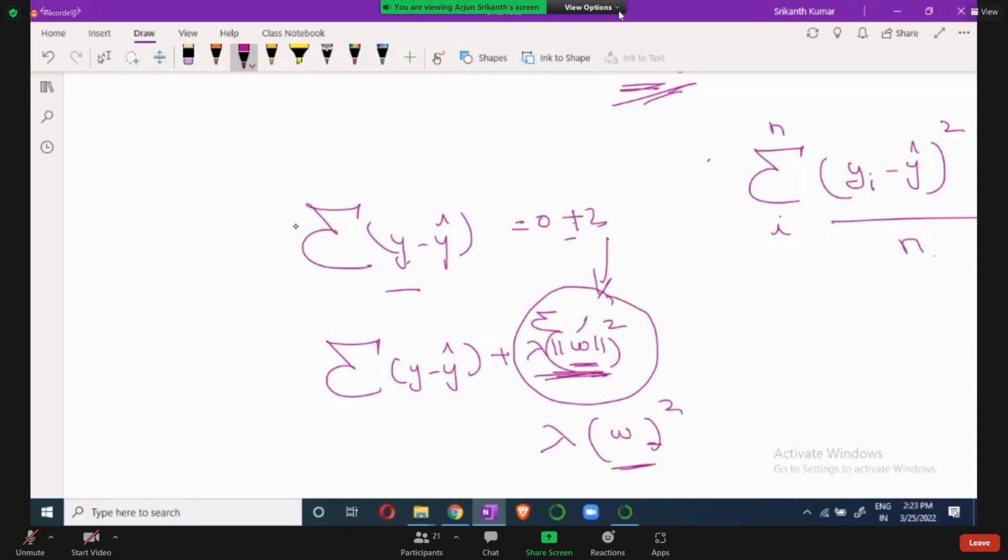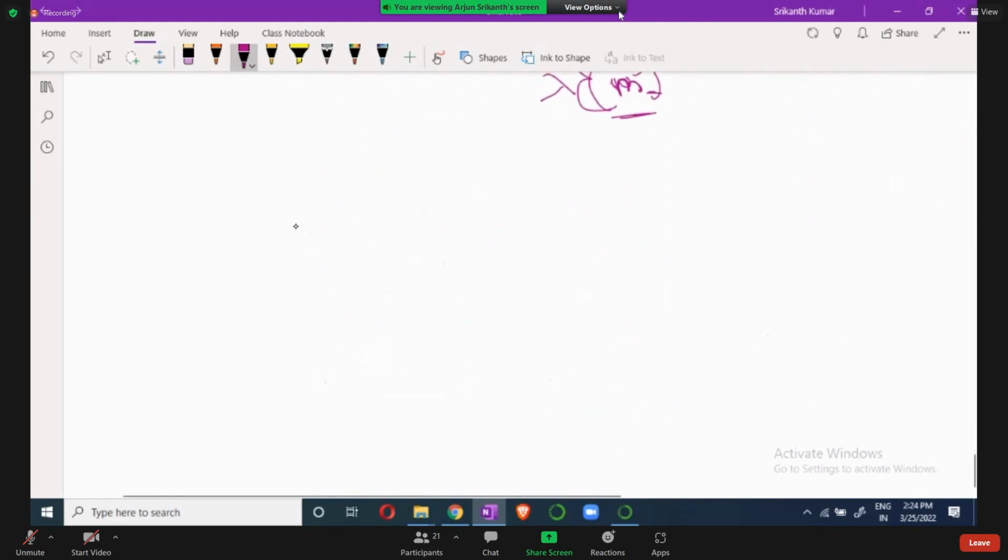When there is 1 x, what will be the m? M will be 1. If x1, x2 are there, how many slopes will there be? M1, M2. So this can be anything. This w is nothing but m, guys. You can keep it as m also, no problem. So the equation will be simple, guys. Summation of y minus y hat is the original error. To this, we are going to add